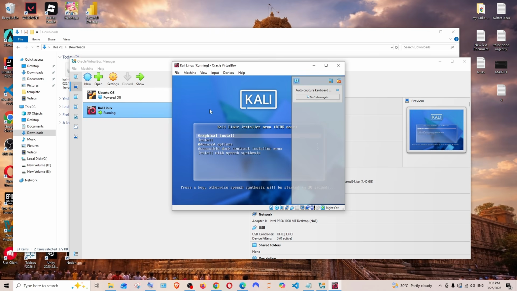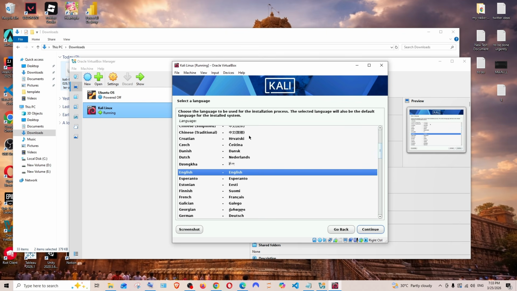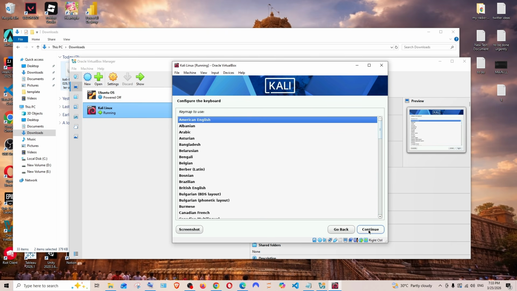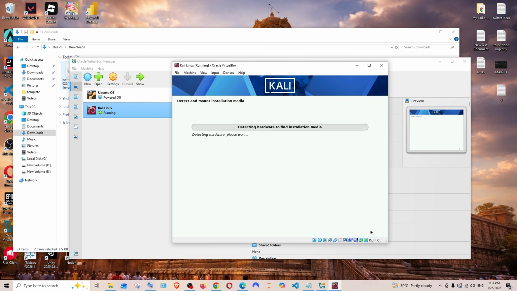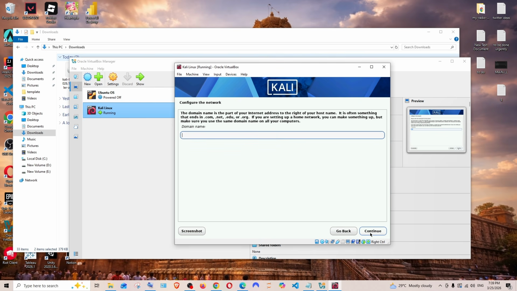So this is the first time we are actually opening Kali Linux, so we need to install it. We'll be getting so many options. It says press a key, so I'll just click on enter and we need to select a language. I'm fine with English. I will just click on continue and just select your location and select continue. The keyboard type, continue. After that, here you need to enter the host name of the system. You can change it if you want to. I will just click on continue